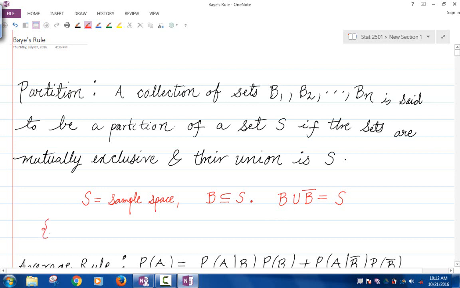So if I look at the collection of events B, B complement, this is a partition of S. Is that making sense? Is everybody okay with that? B comma B complement, that's a partition of S. Again, you can partition the sample space in many different ways, right? So just to give you another example,